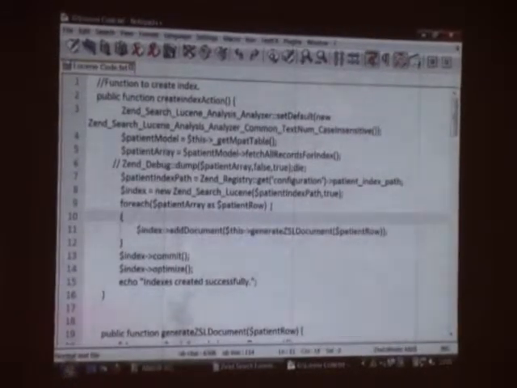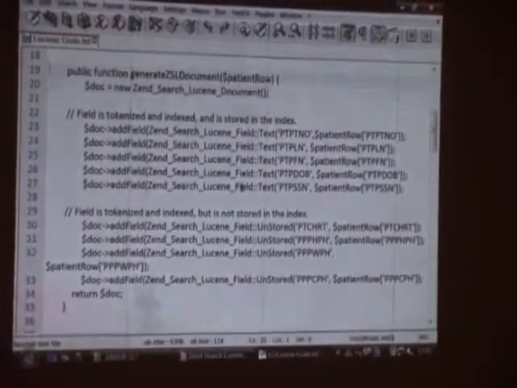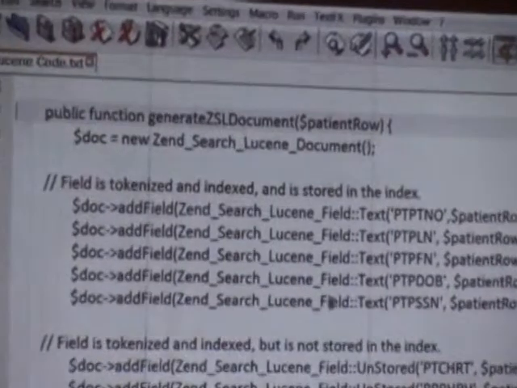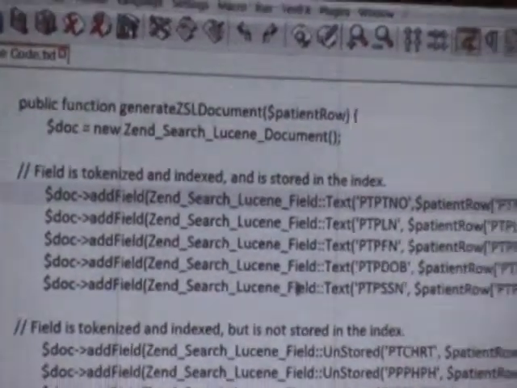This is the function that I specified earlier, generate Gen Search Lucene document. At the end of this function, you can see the return doc. So, what is everything happening inside of this block?